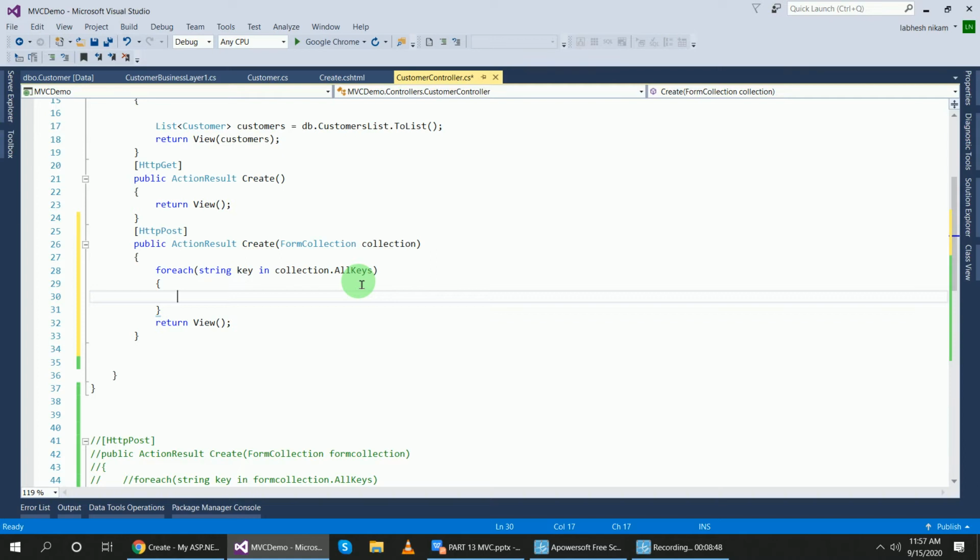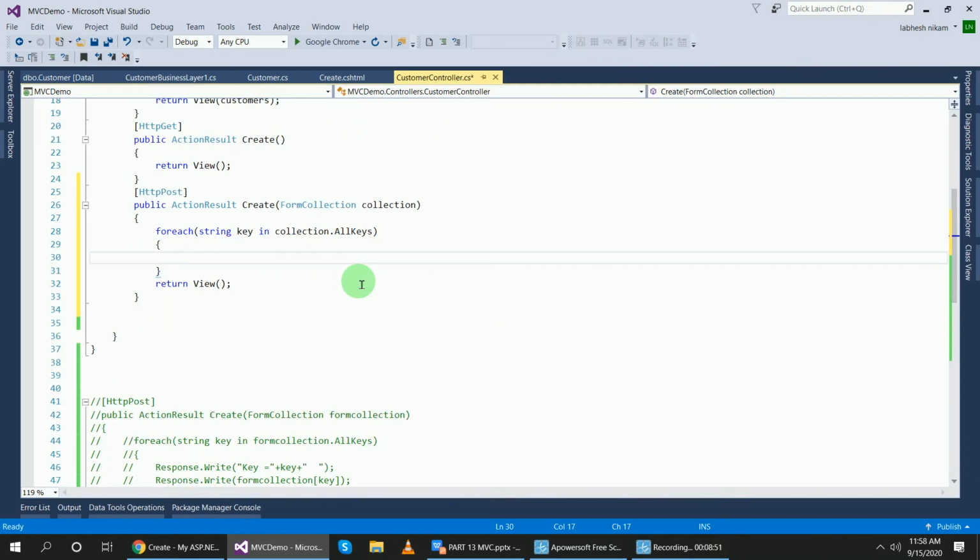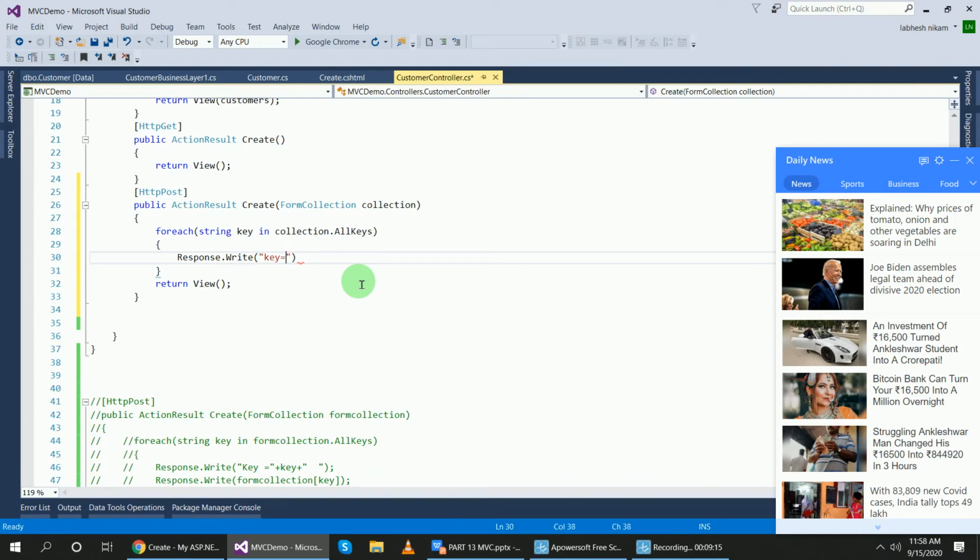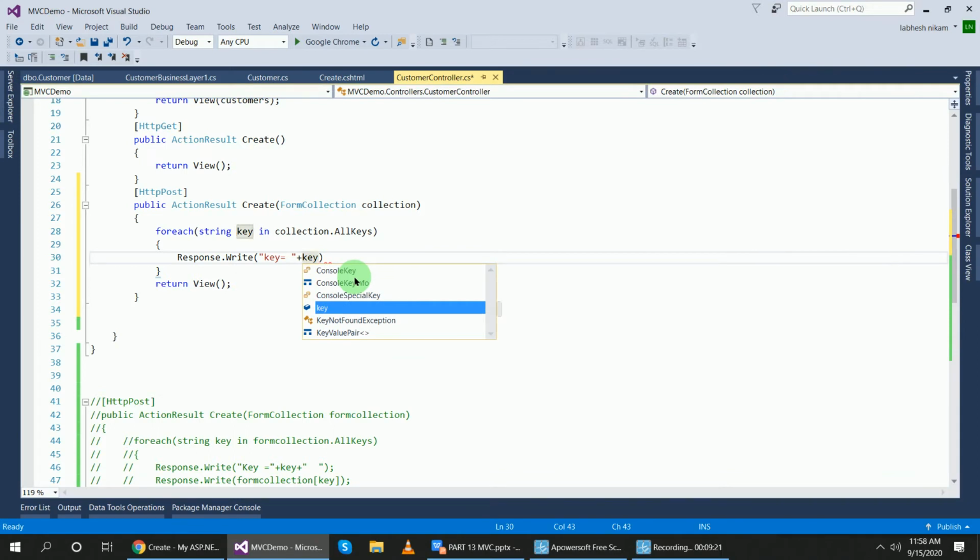this using response dot write, display the key, equal to, plus key object plus, okay, display the data here using the key,